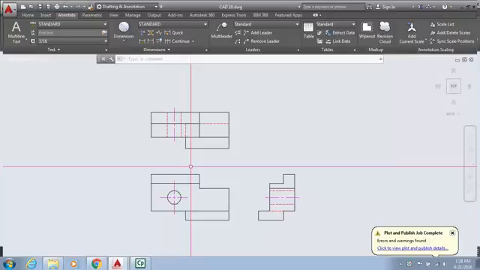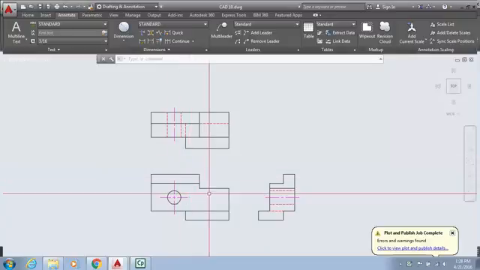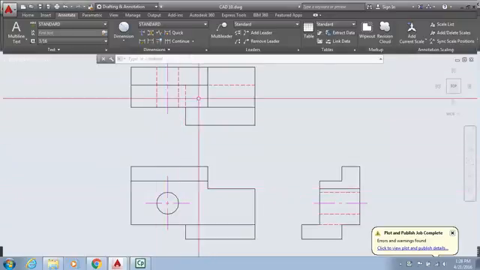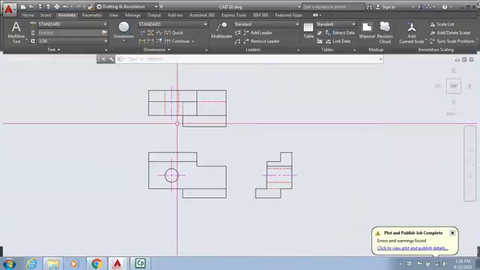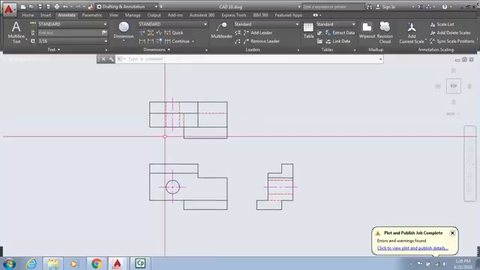Then it also says dimension the views with 2-place decimal dimensions. So that's what we're going to look at right now. But this is the final or finished solution of the top view. Very similar to, once you get a drawing system established, you can kind of keep that going for all your